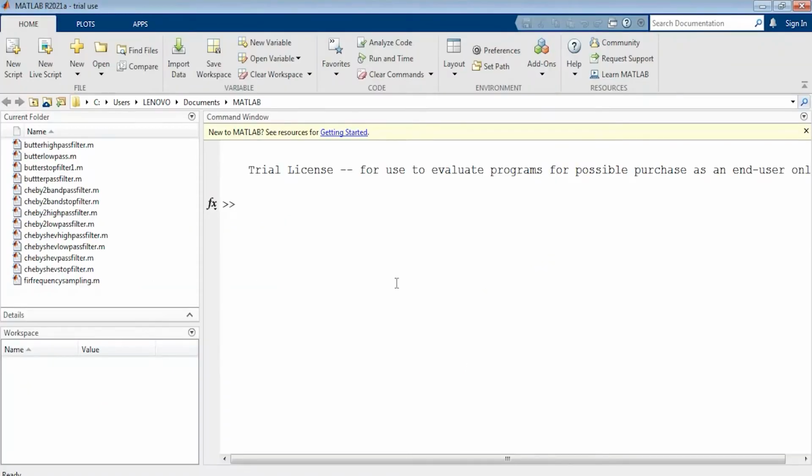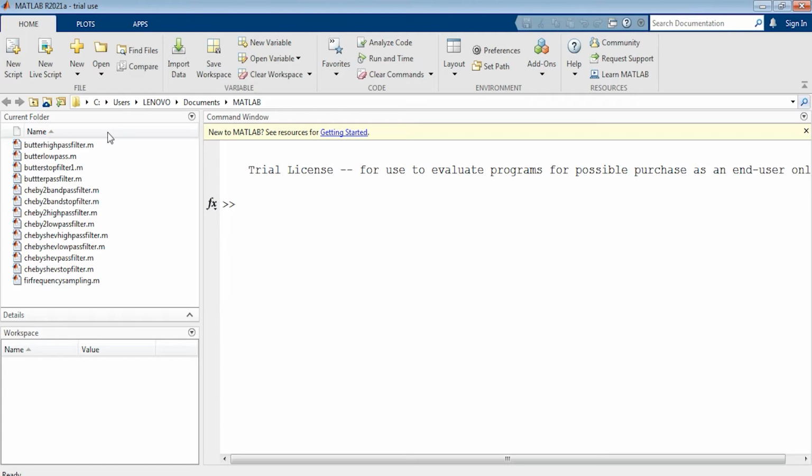First open the MATLAB software. So three windows are open. One is the command window, the current folder window and the workspace window. The command window is used to type the commands. You can give the inputs to the command window and you can see the output in the command window only. And this is the current folder window, where it shows the path of your files. And it is the workspace window, where the variables will be saved.